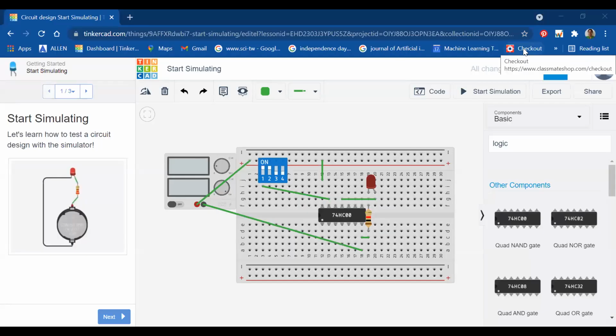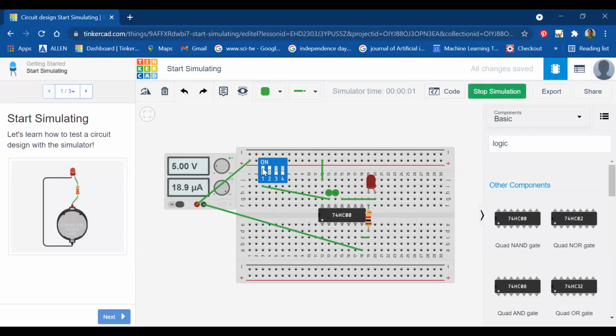So as I have just discussed, all the connections are the same. The only single thing that we are going to do is I have given here a single input and I have got to join these two inputs with one another like this. So now when I give this a single value of low or high, this LED is going to act in the opposite way. So let's start the simulation. You can see it is in the 1 state.